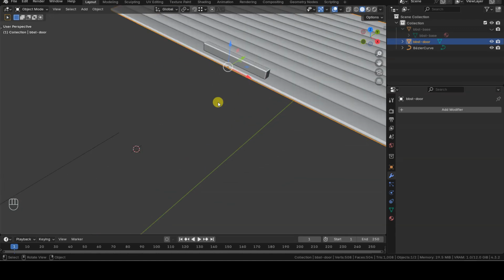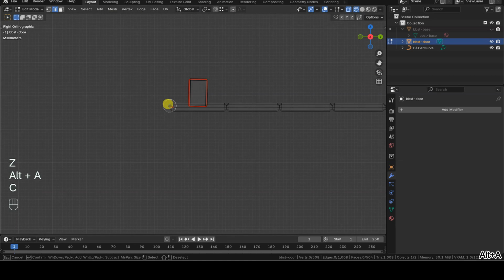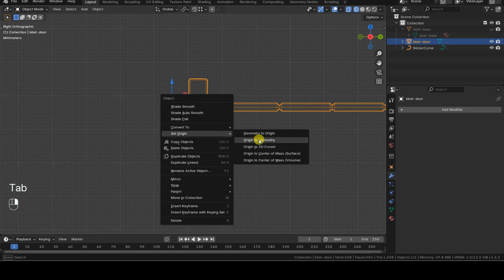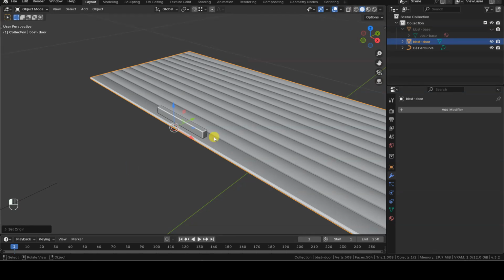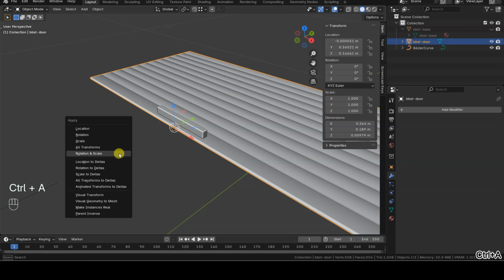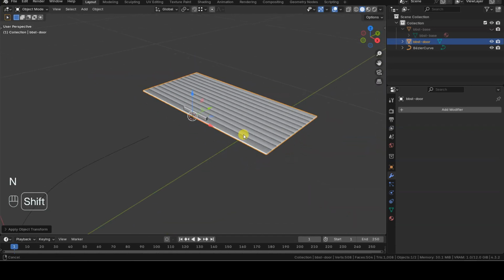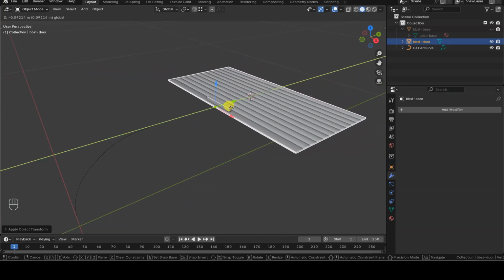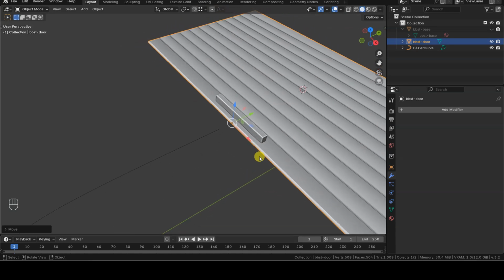I position the object's origin at what would be its base when the lid is closed. This position is not random, as it represents the entry point of the object into the path curve. When using modifiers, it is crucial to correctly apply rotation and scale transformations by pressing Ctrl A and selecting rotation and scale. The curve modifier is no exception. In fact, incorrect results when using this modifier often stem from failing to properly apply rotation and scale to both the object being modified and the path curve.